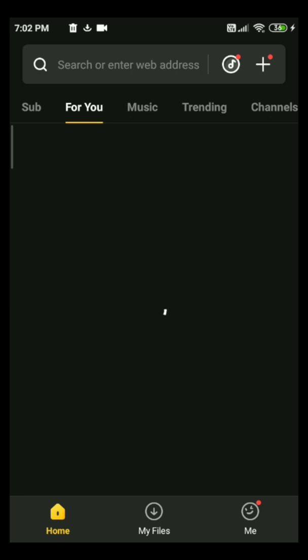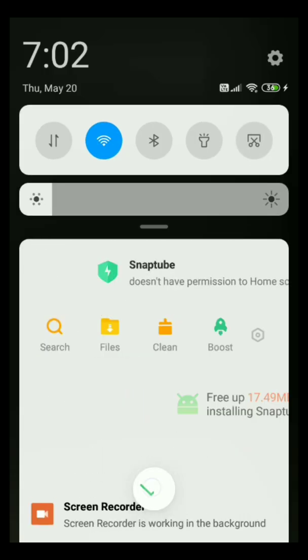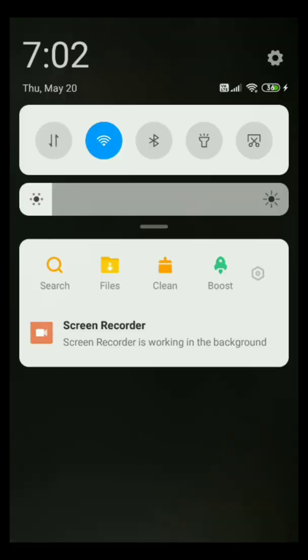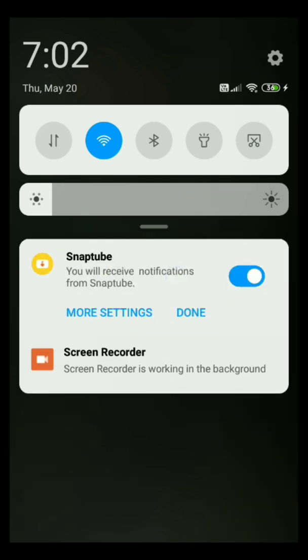There are three pages: home, my files, and me. This toolbar appears on downloading the app, but you can directly delete it. I also recommend you turn off this notification, not from here, but from the app, by pressing me and then going to the settings.